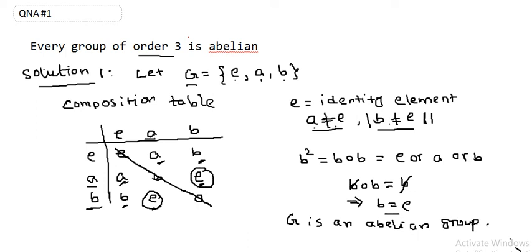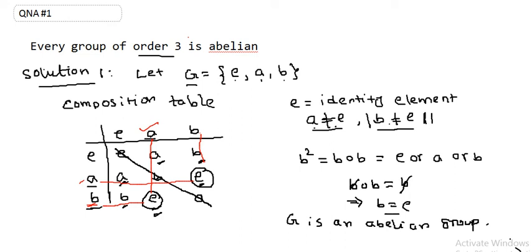You can also see that here we have the identity elements, and we can go in the upper and side direction. So in this direction and in this direction, you can see that the inverse of the element B is A, and again in this direction, the inverse of A is equal to B. So from this table we can find the inverse of each element of the group G, and also see that the group is abelian.